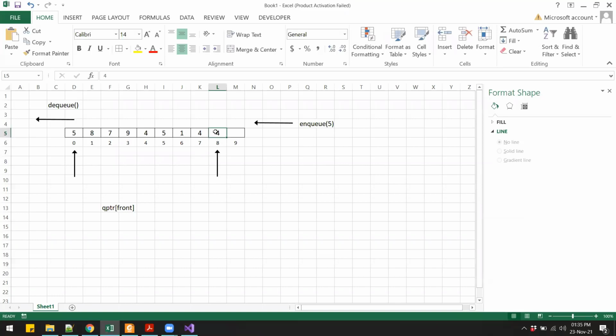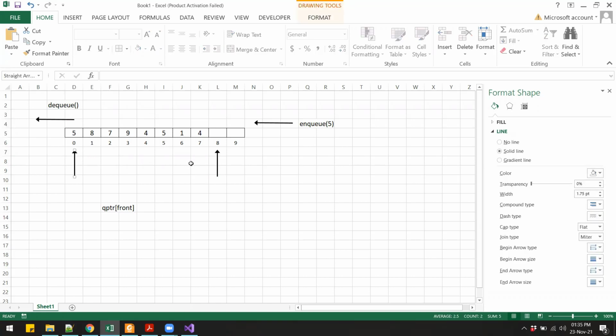This is just a copy, so we can remove this. Although it is there in the array, for our explanation purpose we will remove that. The last data in our queue is at index number 7. The first one is at index 5, and these are the state of the front and the ria pointers.